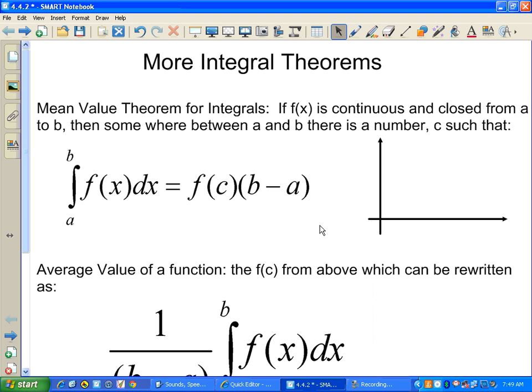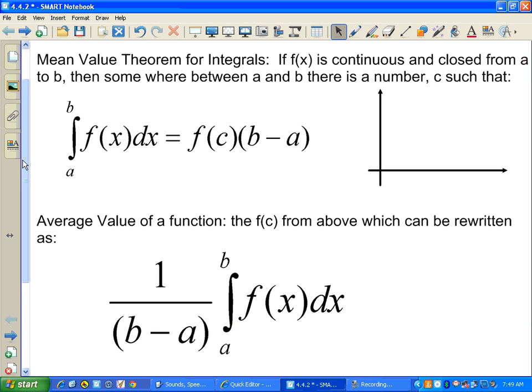Okay, we're going to go over a couple theorems that have to do with integrals. These have to do with mean values or average values. So the book definition is if we have a continuous function that's closed from a to b, so there's no holes, somewhere between a and b there's a number c such that the integral that we evaluate from a to b is the same as just taking the value at c